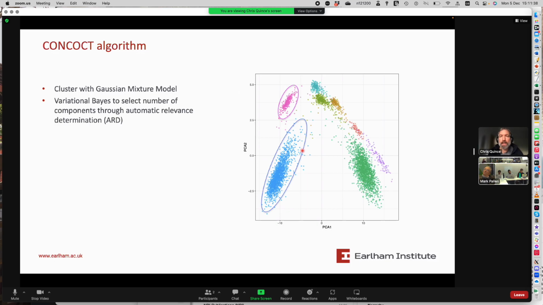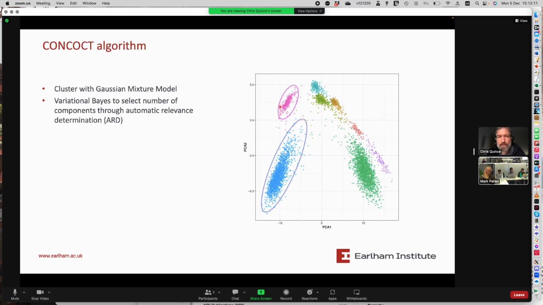But we use a completely general Gaussian, which means our ellipses can be of any size and any orientation. One of the drawbacks of the k-means algorithm is that you're assuming that each cluster has the same size. And for various reasons, the amount of noise in a metagenome bin will vary from one organism to another. Things like GC content, also the overall level of